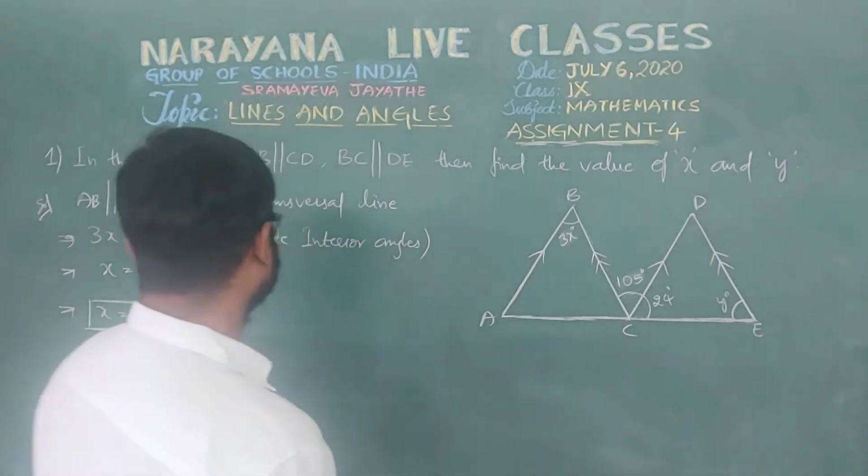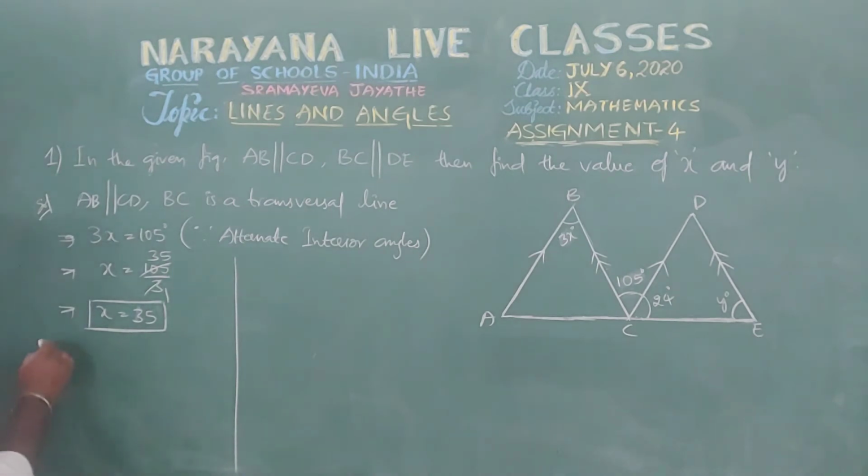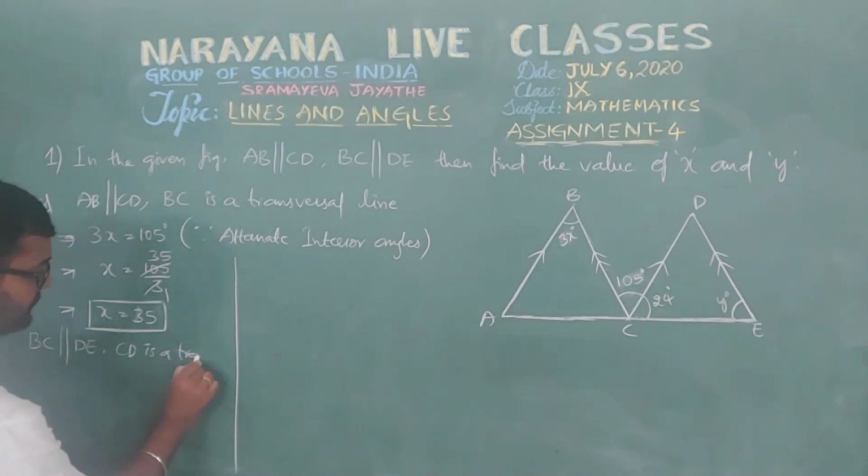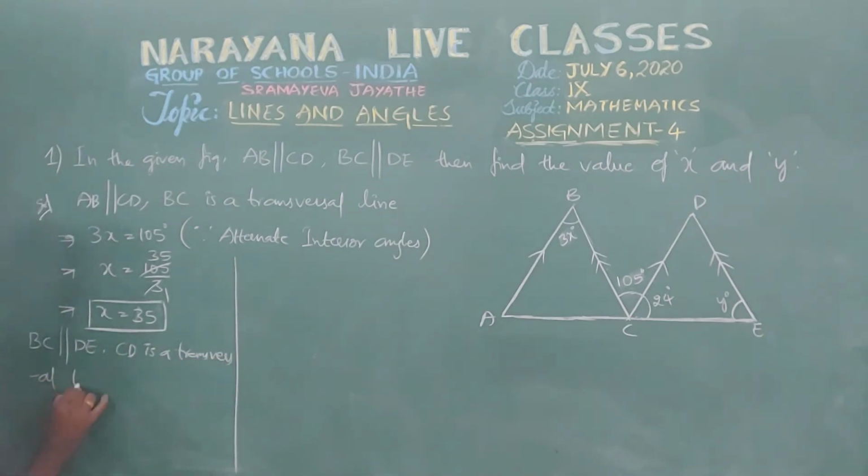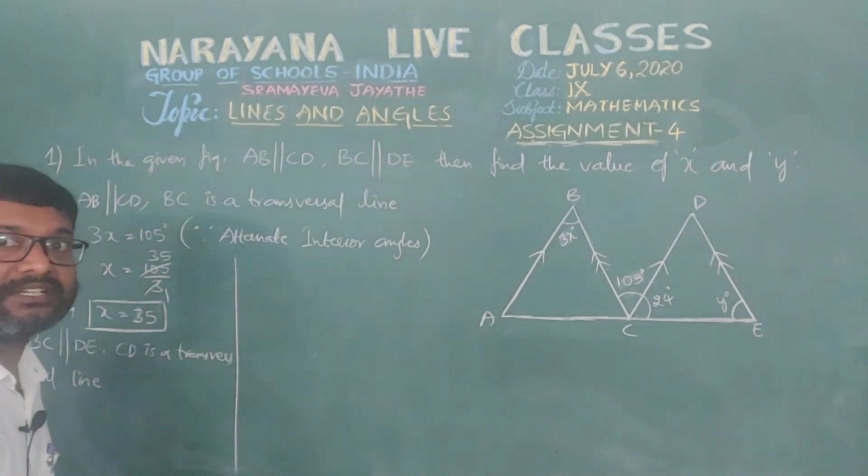So when BC is parallel to DE, taking CD as a transversal line,